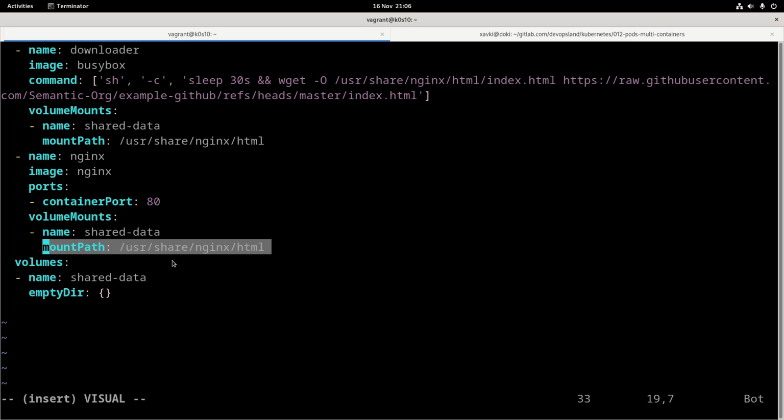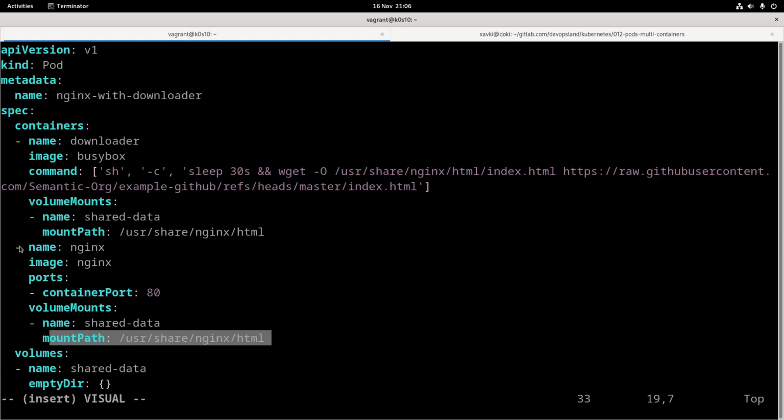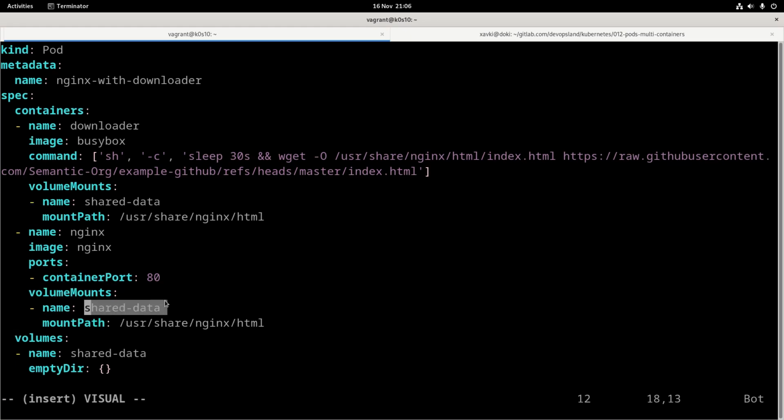To do that, it's really simple. We declare the nginx container, and into it we just want to mount a volume. This volume has a name, shared-data, and a specific path in this container. So the mount path is /usr/share/nginx/html.